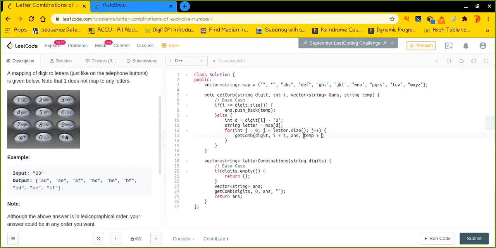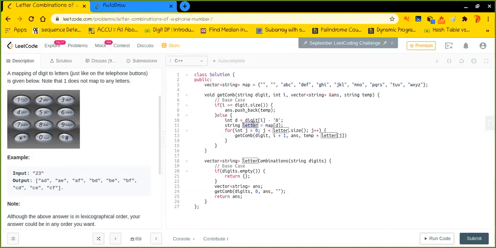When I am trying to find the next possibility, before moving to the next, I have to store the current character that I have encountered so far. The current character is nothing but letters of J, the mapped value for the current digit.